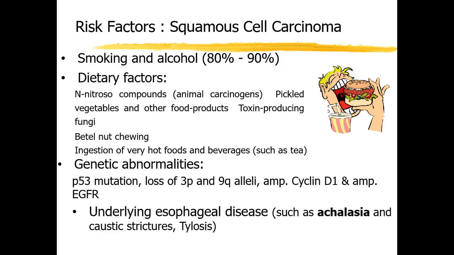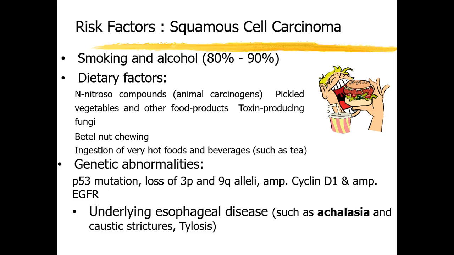Now what are the risk factors? As always, smoking and alcohol are at the top. That's why we always say smoking is a very bad habit and you have to quit that habit. Then the dietary factors, nitroso compounds. What do you mean by nitroso compounds? It means barbecue foods. Barbecue foods have nitroso compounds, pickled vegetables and other food products, toxin producing fungi, betel nut chewing,